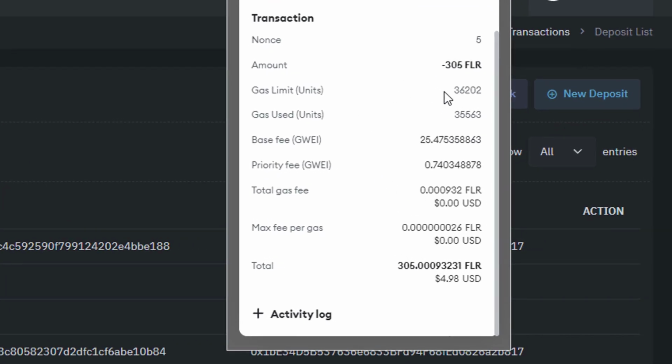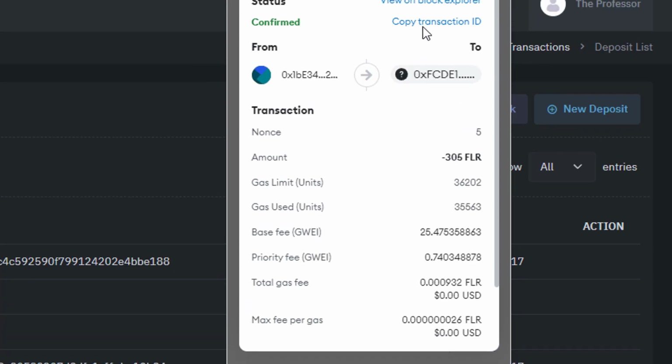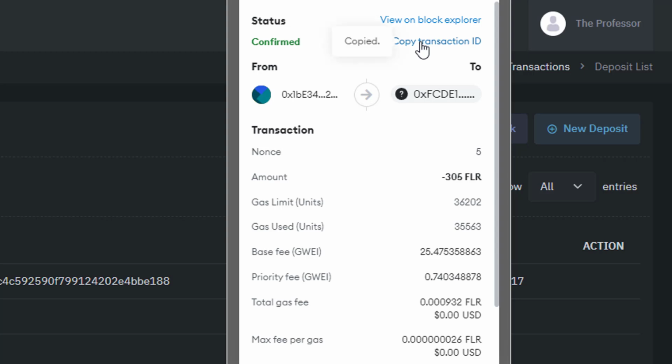And now you can see, it's 305 Flare for basically $5. Copy your transaction ID, get that to us, so that it can be manually processed if necessary.